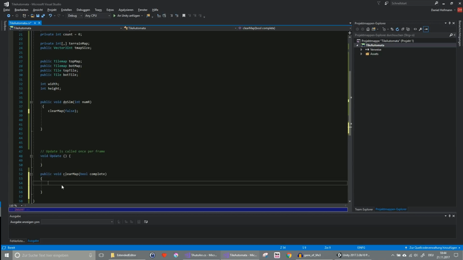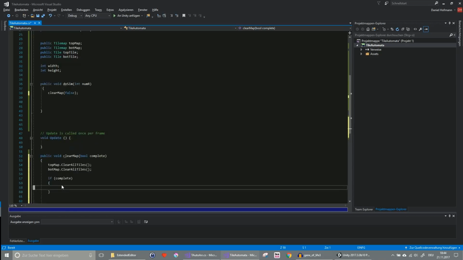Both maps have a generic function called clear all tiles, which we call here inside this subfunction. And as I said before, if the bool named complete is true, we want to set our integer array to null. And now we start to fill our integer array for the first time with random tiles. But before that, we assign our tilemap size x and y value